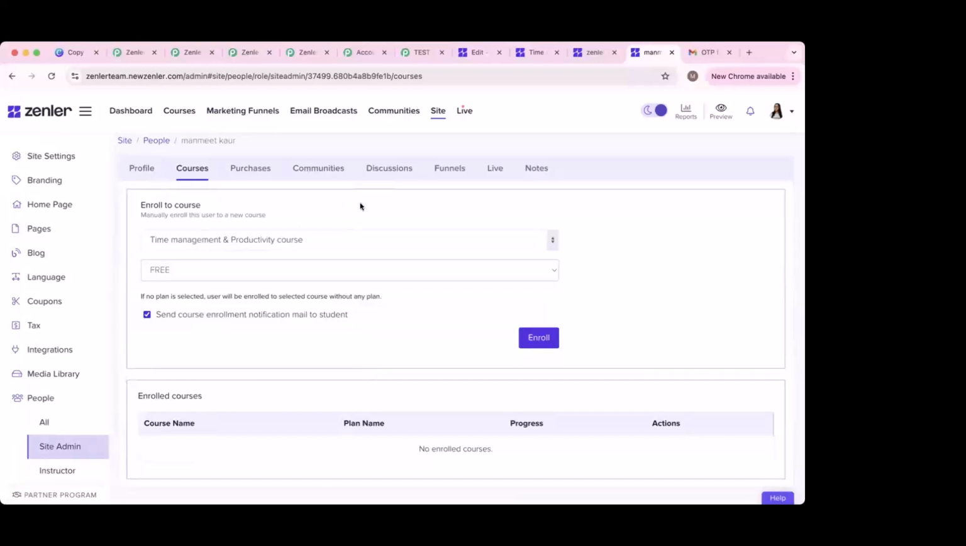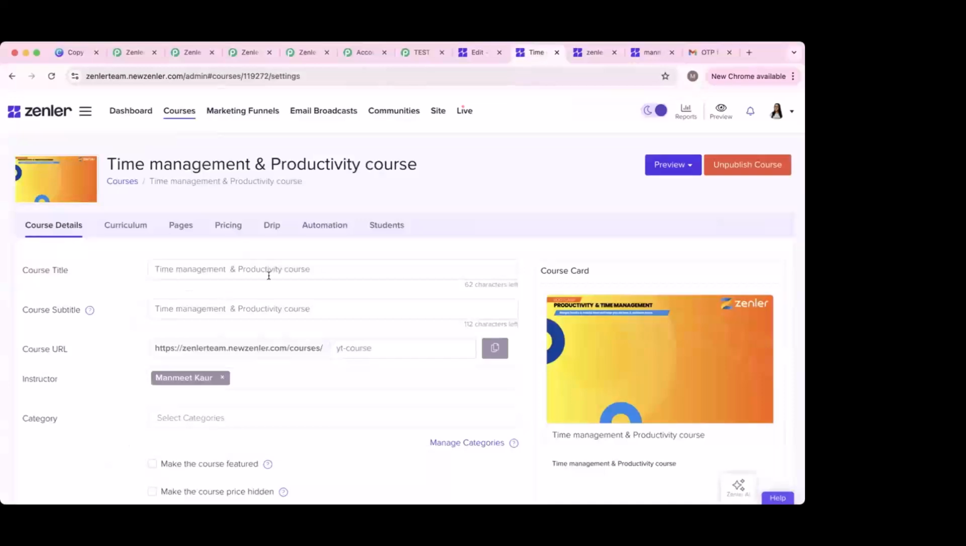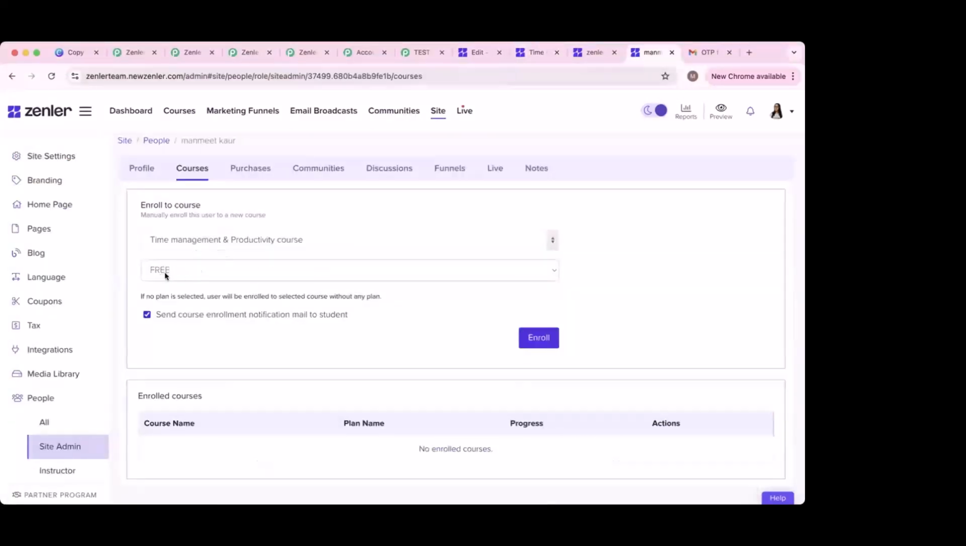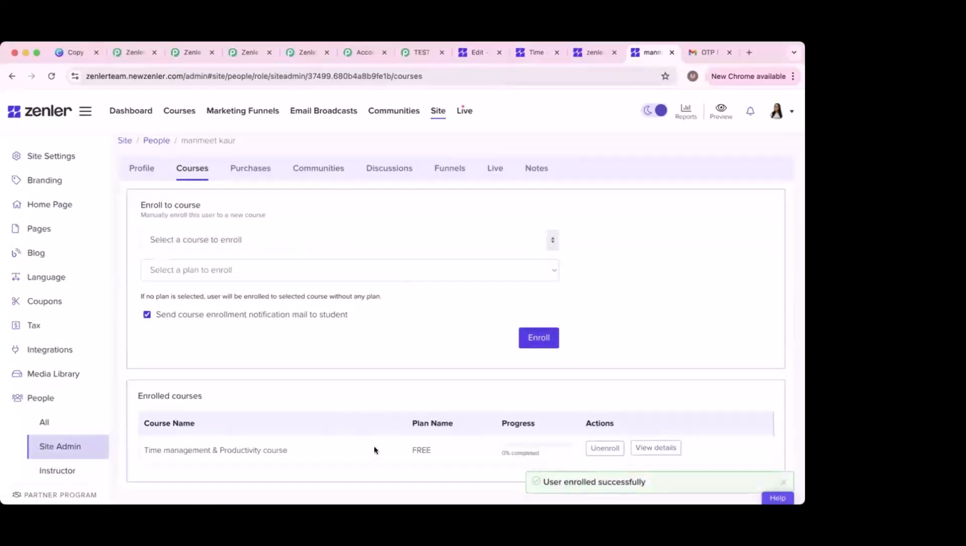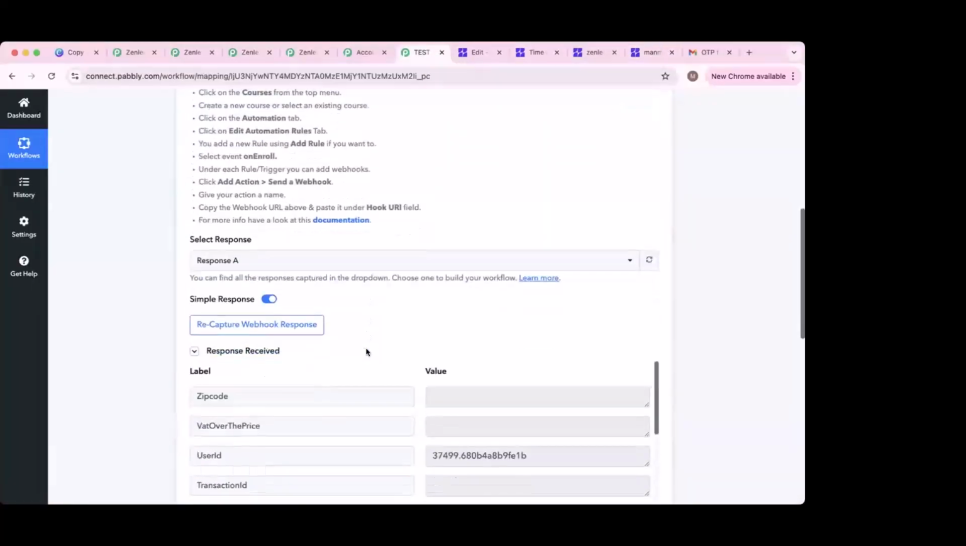Okay, so here I'll just double check the course, which is the time management and productivity course. One second, which is where we picked up the URL from. Yes, time management and productivity course. So we'll go back. I've selected the plan as free and I will click on enroll. All right, now I'm enrolled in the course and I think Pabbly should have picked up the webhook response, and